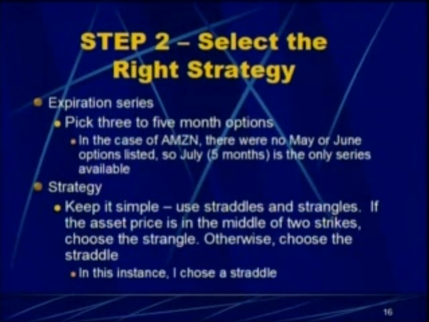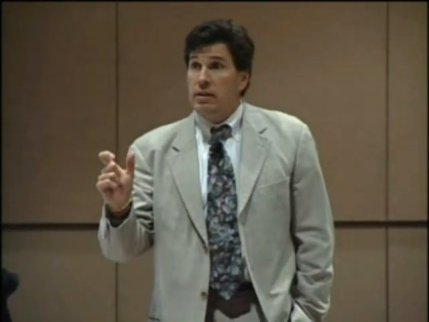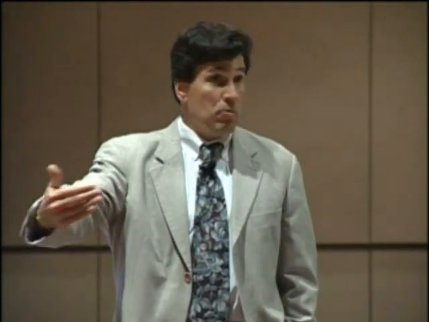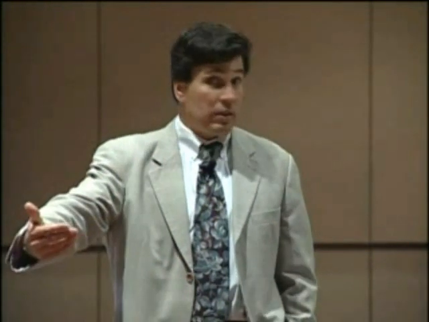Select the right strategy. The first thing you do is you choose your expiration series. Now that was February. I'm looking 3 to 5 months out. Because remember earlier I said that the moves take about 2 to 3 months in time for the move to fully develop. And you want to give it time to let those profits run. You also want to think about contingency planning. What happens if things go wrong?